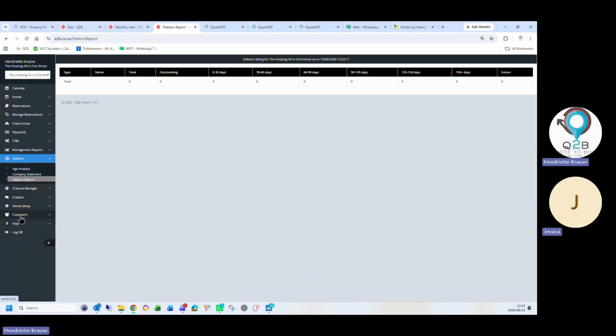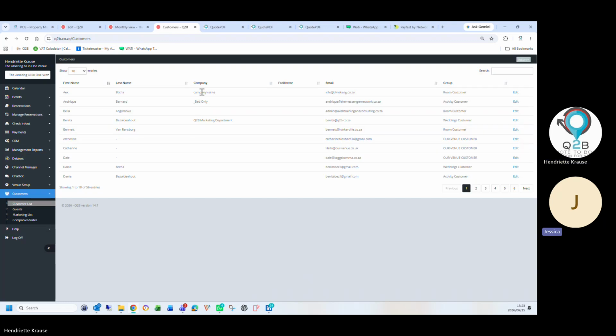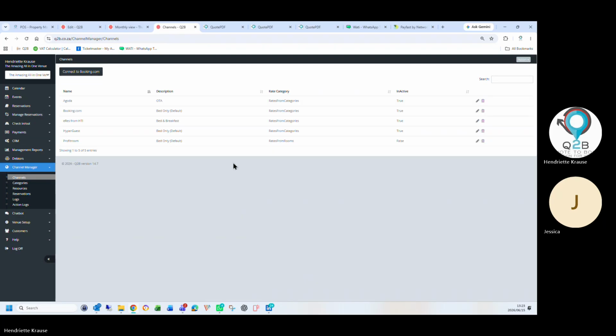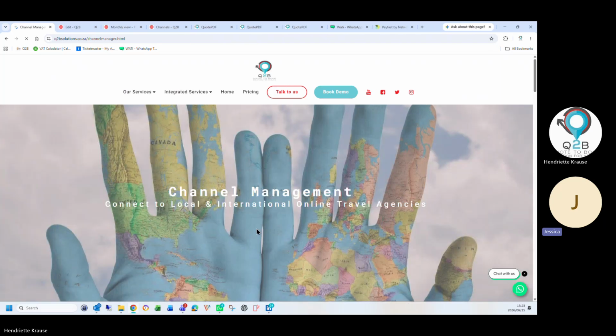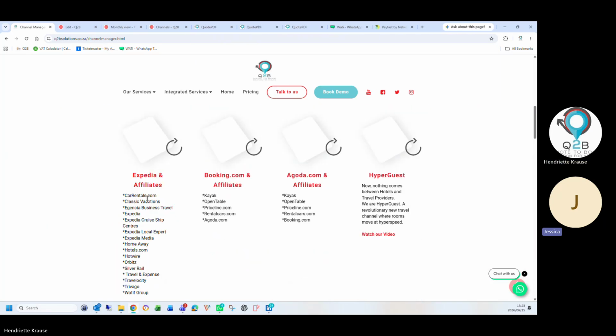Then the WhatsApp is the chatbot. Then customers, and I see you've just, is it channel manager? Yes. Click on that. Okay, so that's what I showed you in the beginning. How many channel managers have you guys got? She had a lot when she showed us. She had all the ones that we will use, but the ones that we don't use.